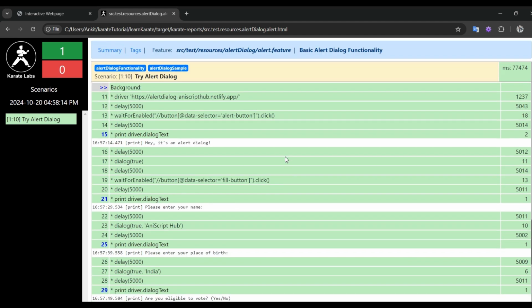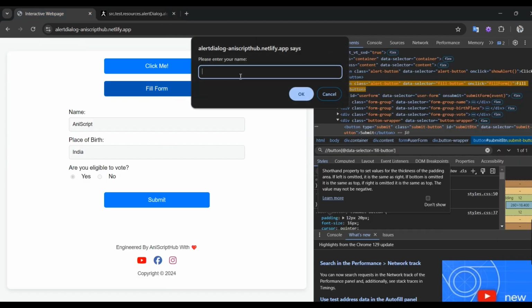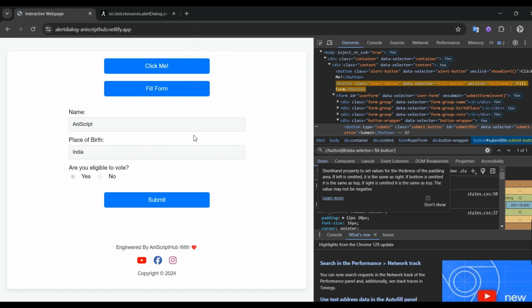And now here suppose we are doing true everywhere, but suppose you don't want anything to be entered. Just like, I click on the form and I don't want to enter my name, I want to click on cancel and go on to the other thing, and I click on OK. Here I provide all the values here,